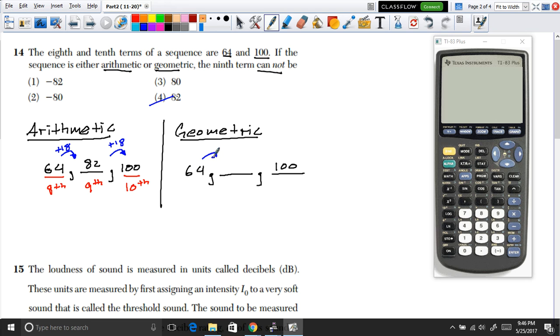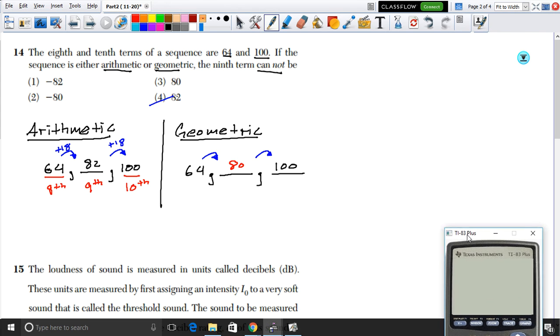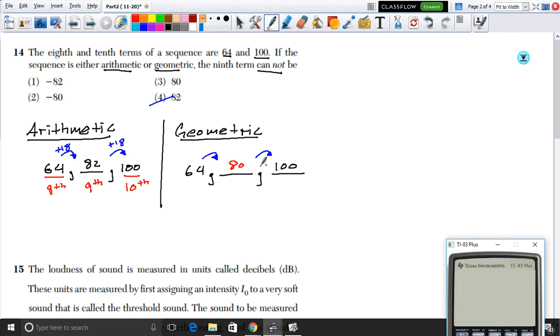So we've got to find a number that if we multiply twice, we go from 64 to 100. So now, let's just take some guesses. Let's say that this is 80, because we're looking at the options that are still left. Okay, good. So there is a number, we just call it x,